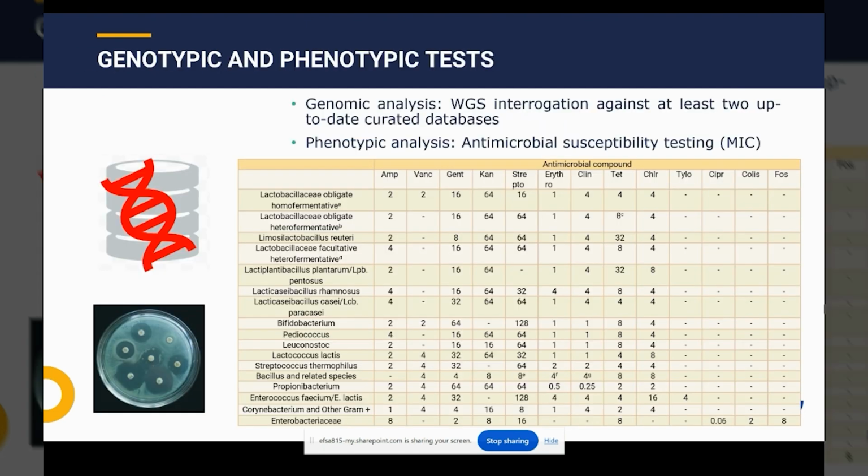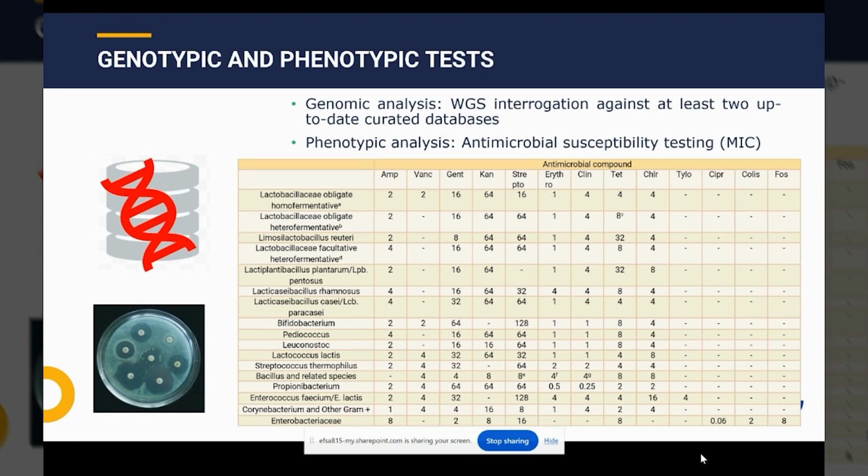The ways to test antibacterial resistance are a combination of genotypic and phenotypic analysis. Both types of analysis follow current practices in EFSA. The genotypic analysis consists of a search of the whole genome sequence of the production strains against at least two maintained databases of antimicrobial resistance genes, reporting hits with at least 80% identity and 70% coverage with respect to the